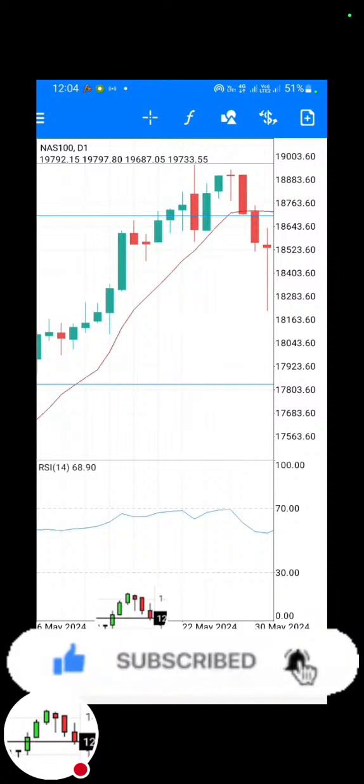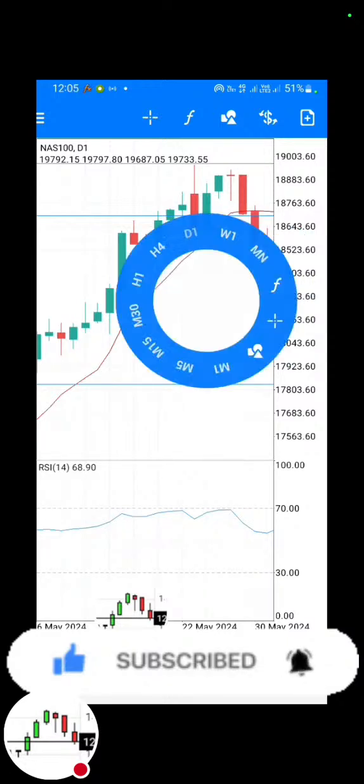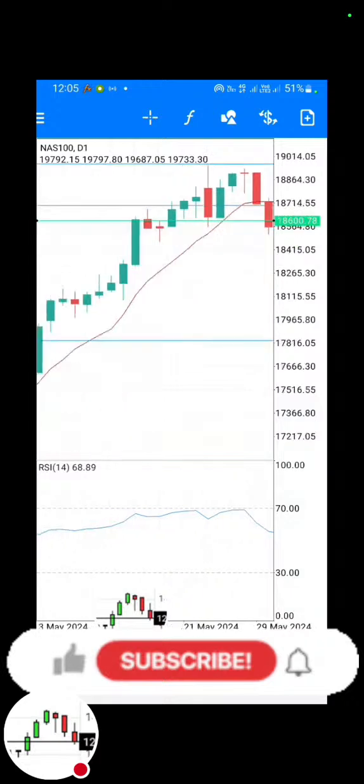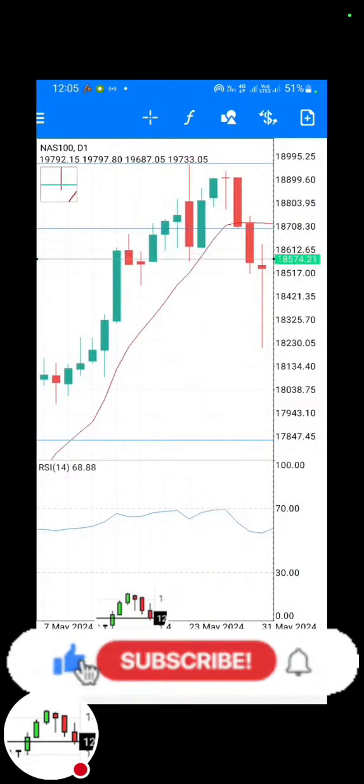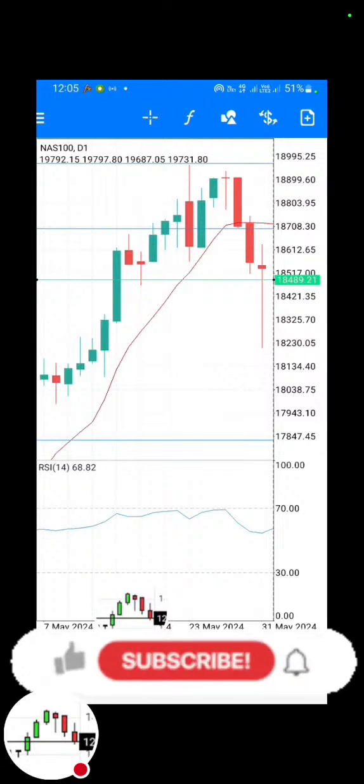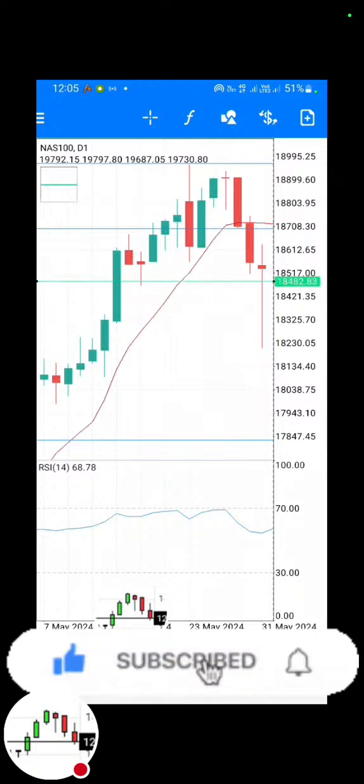You can see the body of this hammer candlestick on the screen. You can see the body candle of this hammer candlestick is actually a reversal pattern. Today I'm going to talk about only the reversal candle. If I'm going to talk about continuation, I will tell you. So this is a reversal candlestick. It happens when the market,